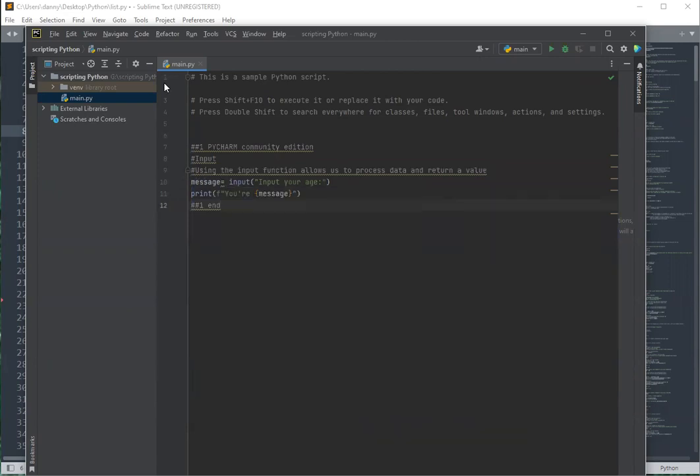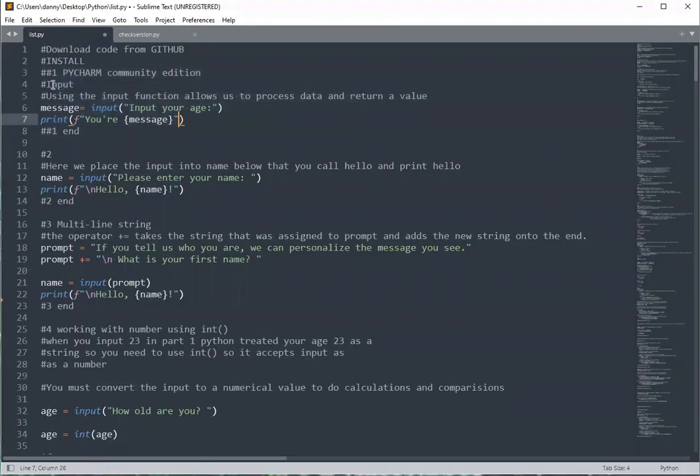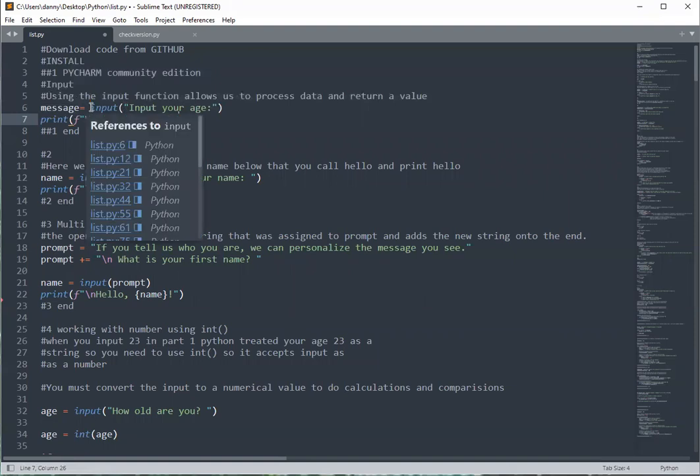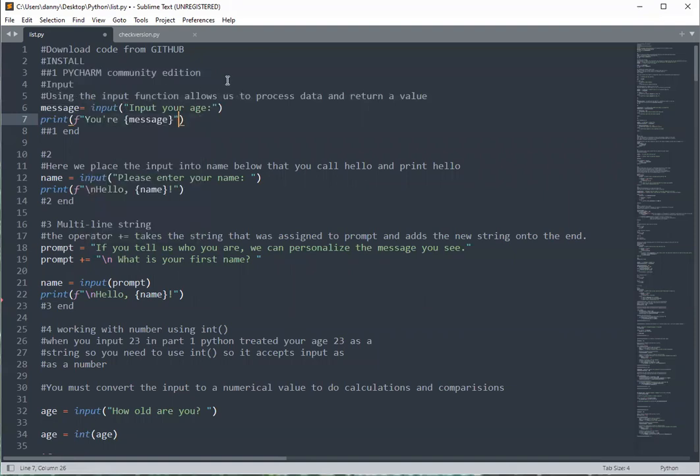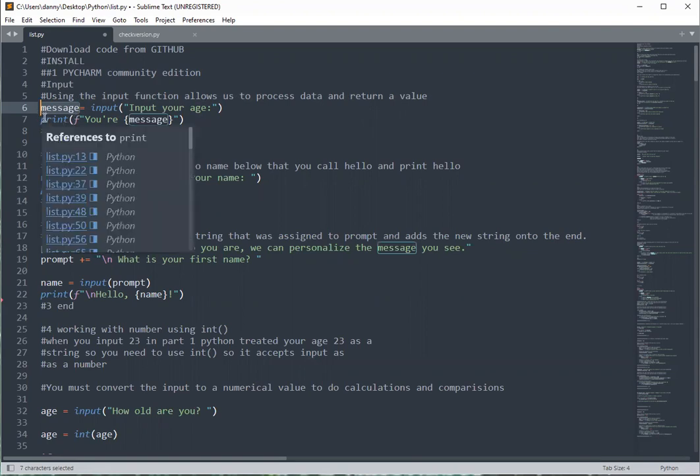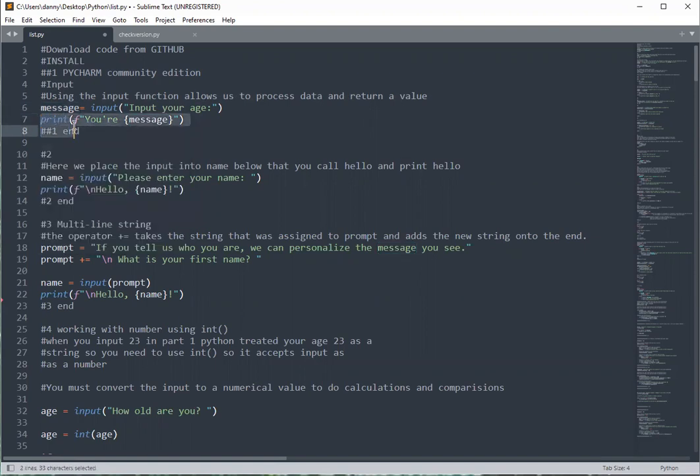So here, let's go over this within Sublime Text Editor first. We're taking an input, right? And we're using the input function, which allows us to process data and then return a value. So we have an input function here saying input your age. When you input your age, it will then be stored in this variable message. And then we're gonna print that message out, right? So this is print, and then we're saying format it. That's what the F stands for,